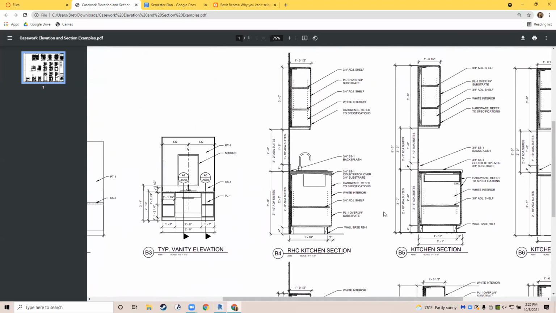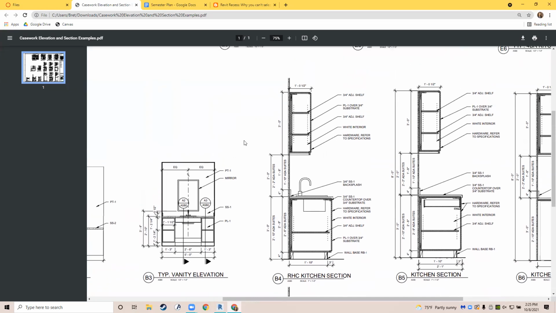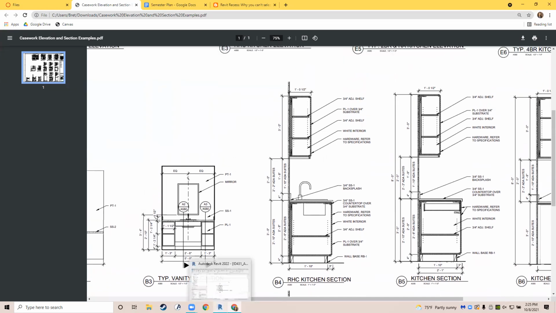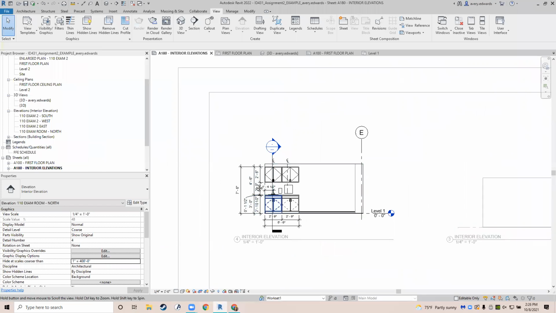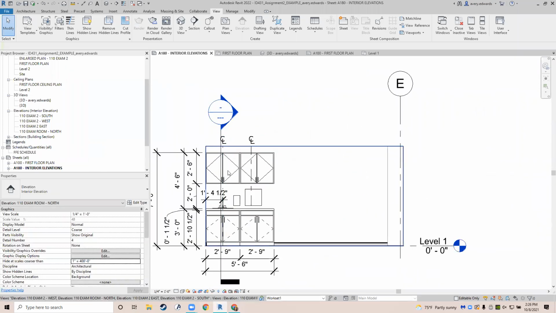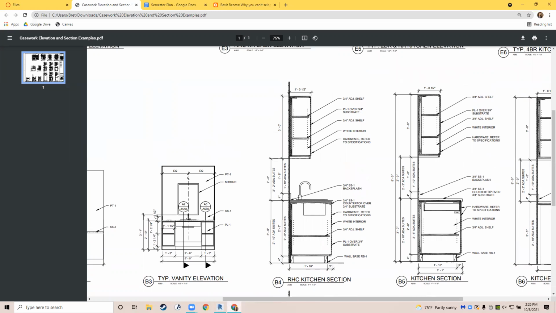You're going to look at the PDF just to copy it essentially for your section. You might have to mix and match, like pick a base cabinet on one and an upper cabinet on the other, but just find the information you need from the PDF. So once you've got your section marker,